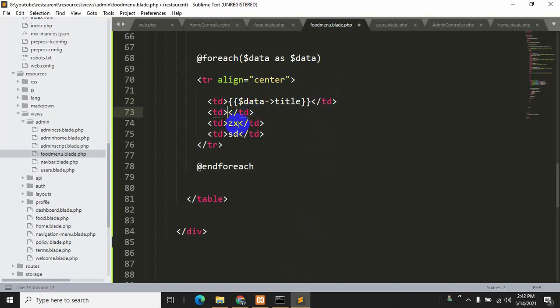Let me clear all of them, and again we'll say curly brackets, and inside it we'll say $data arrow sign. The second one was price, and the third one, let me just copy it, Ctrl C, Ctrl V, was description.